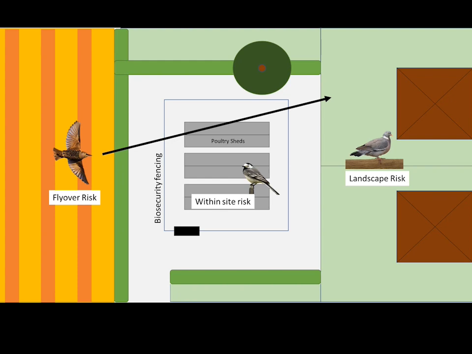So there are other birds that are utilising the landscape surrounding outside the biosecurity fences. My counts went out to about 50 metres outside of these fences. I've considered that and called it landscape risk for the species present there. And there are also species that fly over these poultry sheds, and what risk do they pose when they could be defecating over these sheds and producing matter that could infect. Risk is probably more minimal on that side, but it's still important in the further landscape.